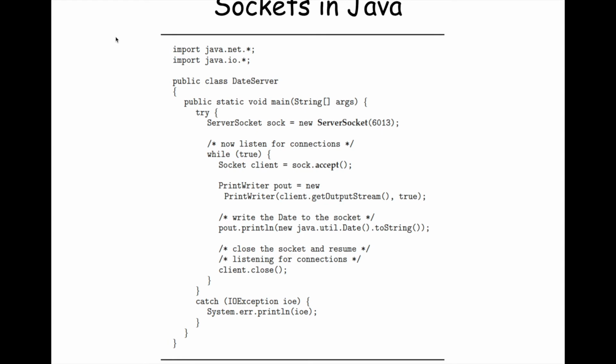And an output stream you can think of as a channel or conduit through which you can send data, right? The analog to that is called an input stream. That's a conduit or channel through which you can receive data. It's called a stream because a stream is a sequence of bytes, one byte after the next byte after